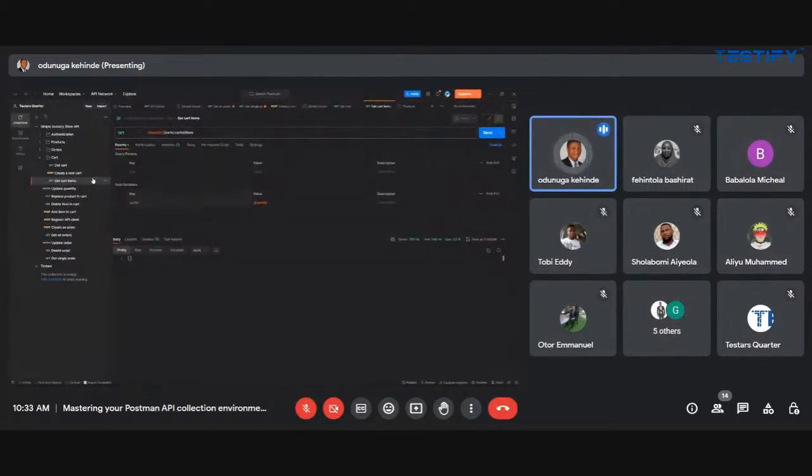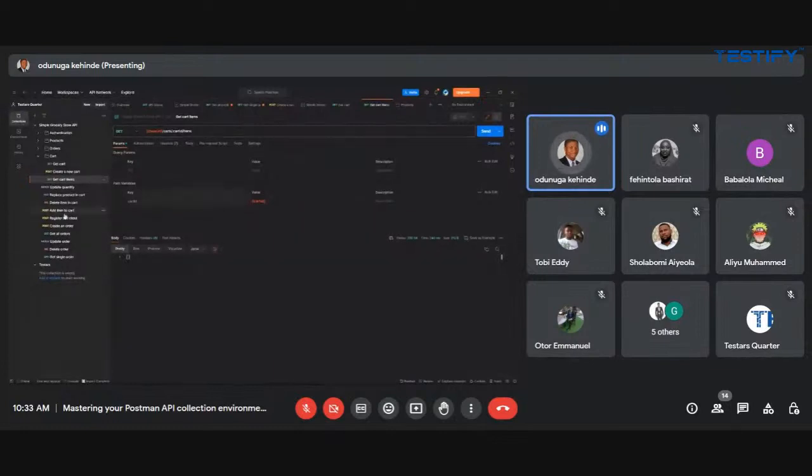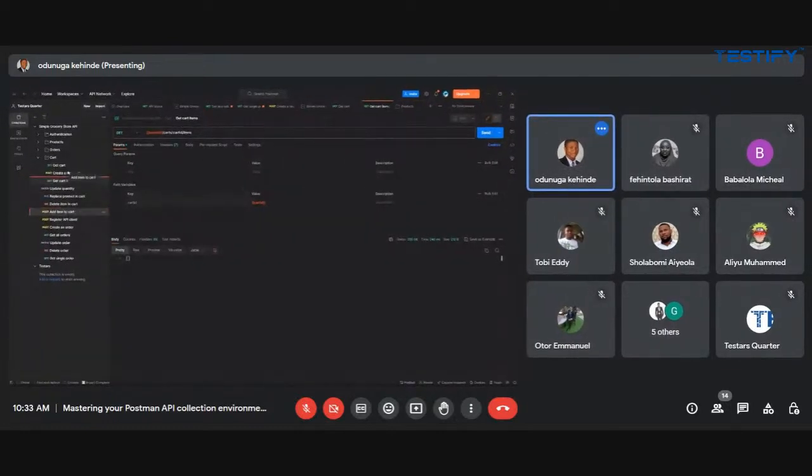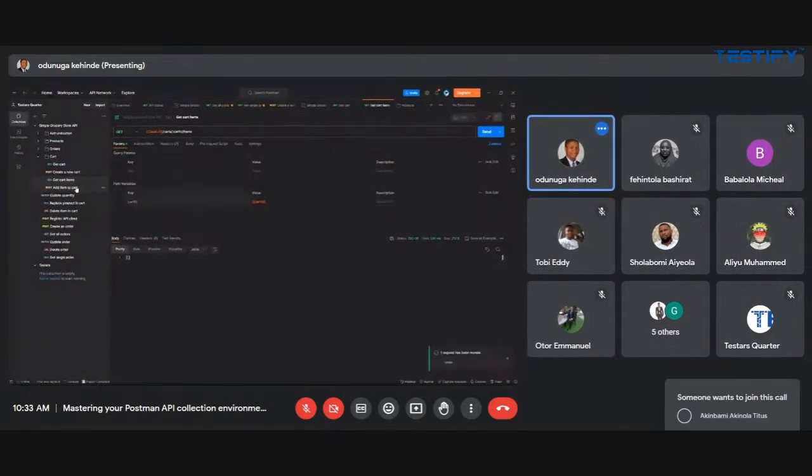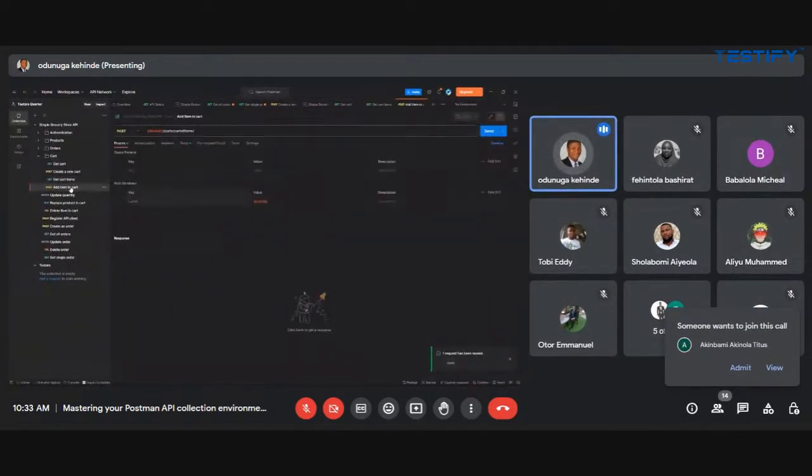So I think that will be add item to cart. This might be inside this place. Our cart is empty at the moment. We can add an item to this. So these are our carts, right? If you look at